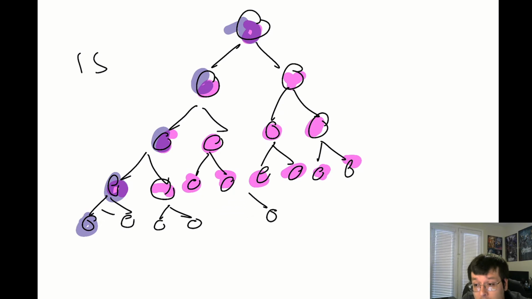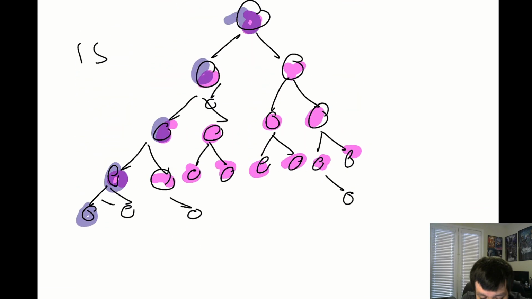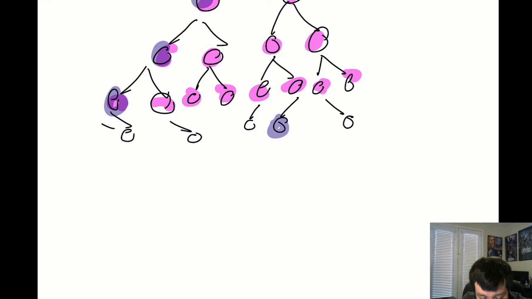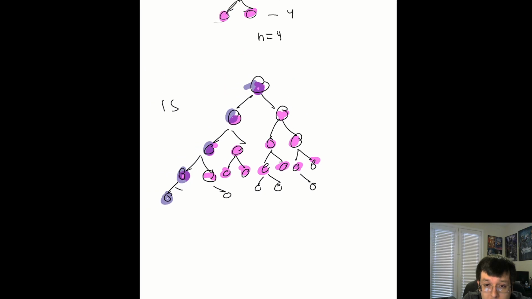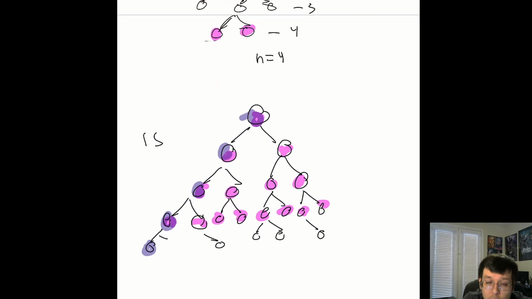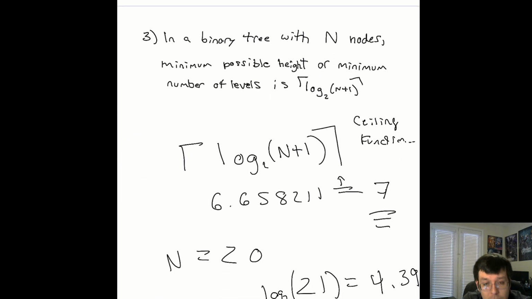Okay, but here's the point though. You can see we have space in this last level. So it doesn't have to mean that it is maxed out, it just means that we had to have this extra level here. That also means that this is a legit tree. I can play around and move these nodes, like I can move this one here, and this one here, and so on. So there's no one unique solution. There might be if the level was full, but all this is saying is how many levels you need, which again is good for optimization of your code. Okay, so that's property 3.